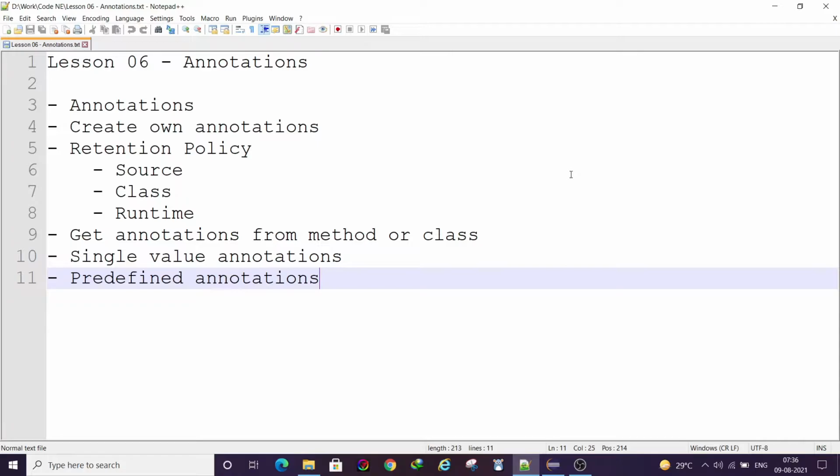So let's start. What is annotation actually? Annotation basically is supplemental information, that is additional information that you can provide in your source file. You may have seen when we are doing method overriding, there was an annotation like @Override.